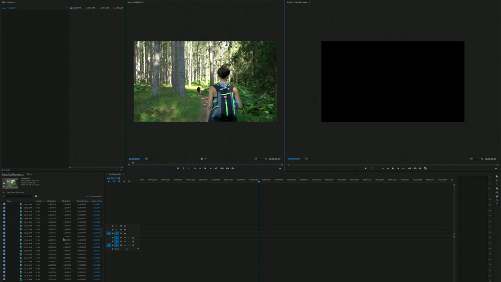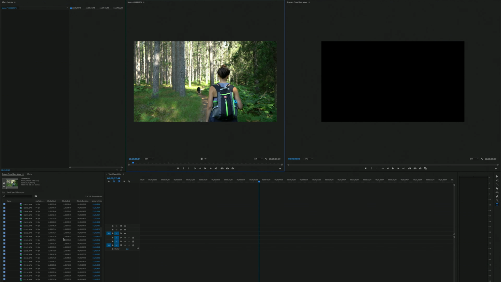There are 4 different ways that we can do that. The first way is by finding the footage that you've got in your bin over here in your project window and literally just clicking and dragging that over into your timeline. And you can see it's going to populate our sequence with that footage. And this is just a shot of my wife and my dog walking through some woods